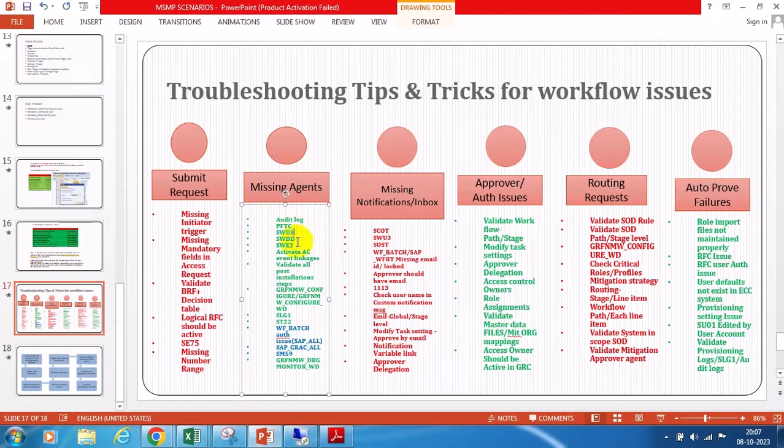You have to complete all PFTC, SWU3, SWDD, SWE2, all the access control related steps. And also, you need to check SLG1 or workflow configuration, even dumps, ST22, any dumps for troubleshooting,